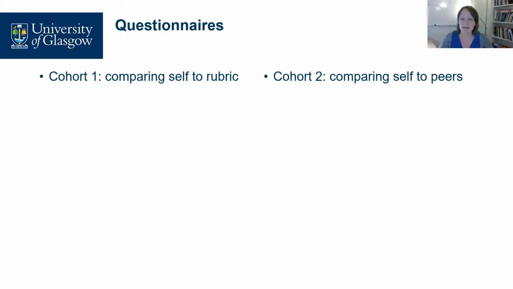Okay, over to me. Can you hear me fine, hopefully, and see my slides? Great, thank you. So hi, as David said, just a quick summary of the difference between the cohorts. For cohort 1, students compare their own paper to the rubric, and for cohort 2, they compare their own papers to the papers of their peers. That's the important distinction between the cohorts here. So I'm going to talk about the questionnaires very briefly, about the difference between them, and then I'll start going through all the data from the questionnaires.